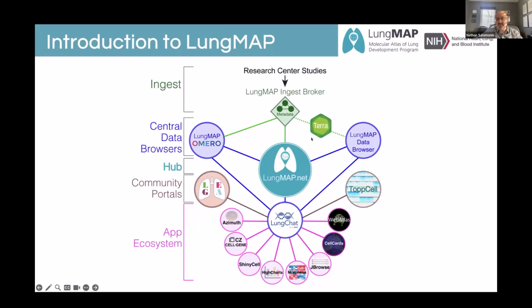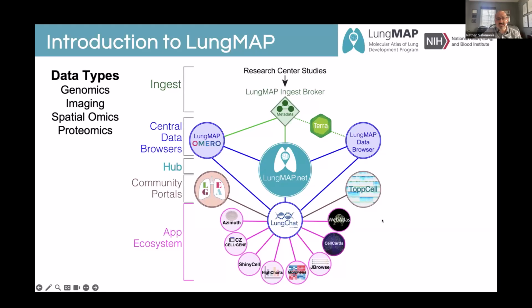There are robust tools for browsing these data sets, as I'll show you later, the LungMAP data browser, an image-based analysis ecosystem called Omero, a bunch of tools that link out directly from LungMAP, including LungChat, which we'll be focused on today, along with a series of other standalone web browsers and community portals like LGA and TopCell, which you may have heard of.